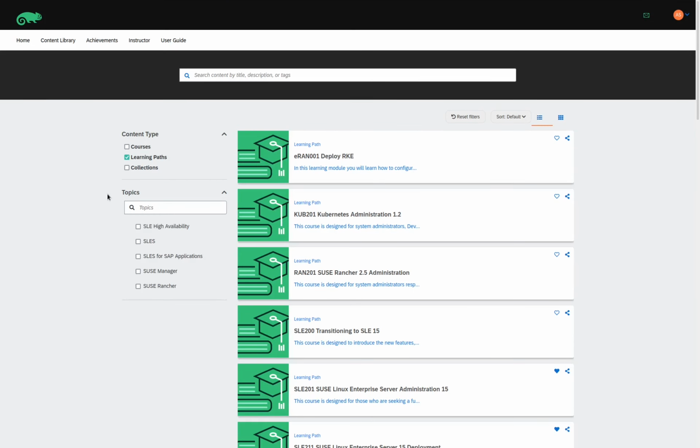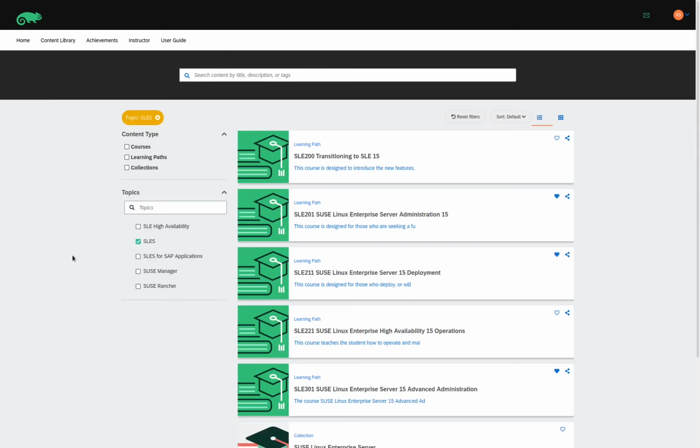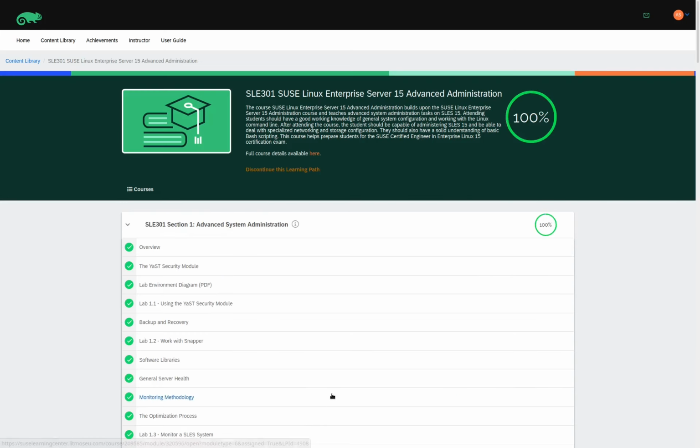We'll navigate back to our content library. We'll go to our learning paths, and we'll investigate our next learning path under SLES. Our final learning path under the SLES topic is the SUSE Linux Enterprise Server 15 Advanced Administration Learning Path. Again, we click on the title of the learning path, and we're presented with a list of modules, starting with